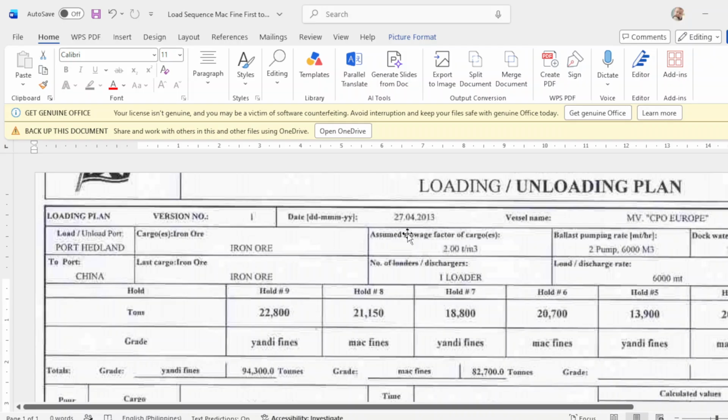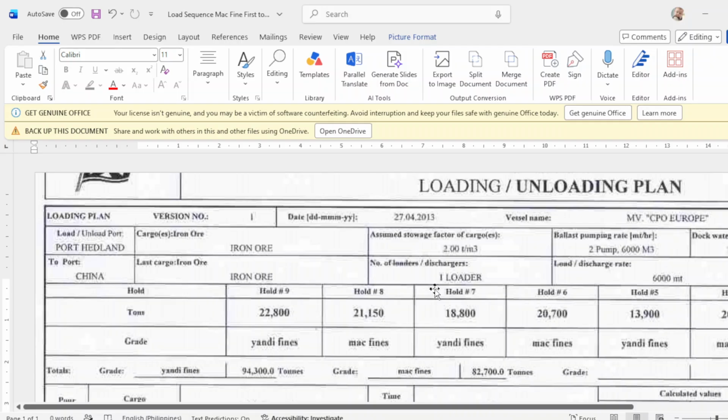The date of loading at Port Headland is May 27, 2013. So it's 13 years ago. But we will try to use this loading program to see if the program fits for this loading sequence